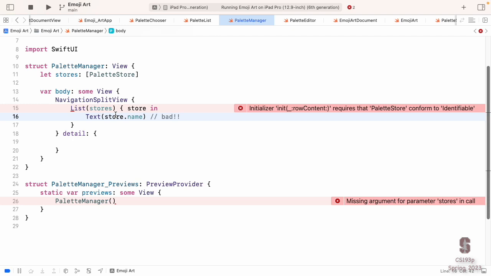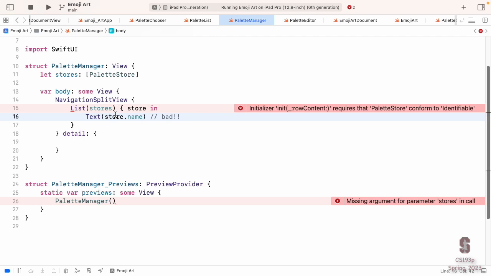Now the fix here is to just create another view, maybe we'll call it palette store view, and pass this store into an @observed object var in that view, and then it can show the name. We're pressed for time here, so I'm not going to do that, but I'll put it in the code that I post for this after lecture, so check that out.